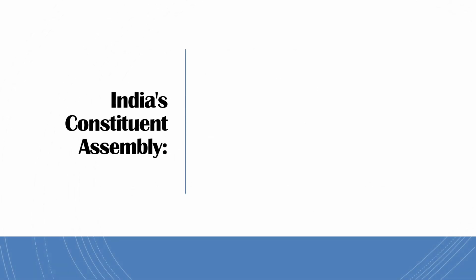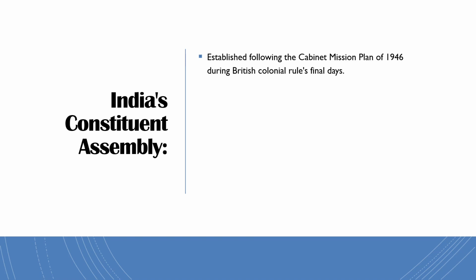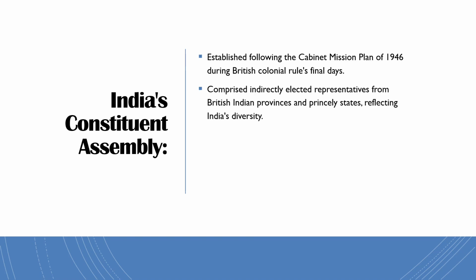India's Constituent Assembly was established following the Cabinet Mission Plan of 1946 amid the waning days of British colonial rule. The Cabinet Mission sent by the British government aimed to discuss and plan for the transfer of power to the Indian leadership. The Assembly comprised indirectly elected representatives from British Indian provinces and princely states, reflecting India's diverse demographic and